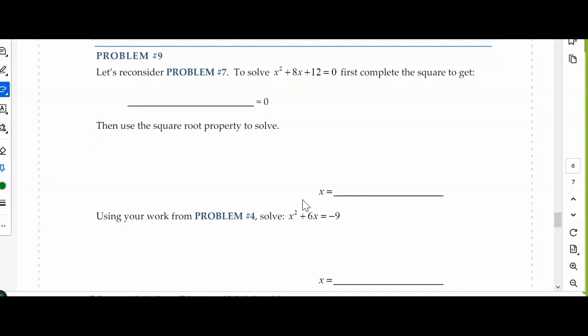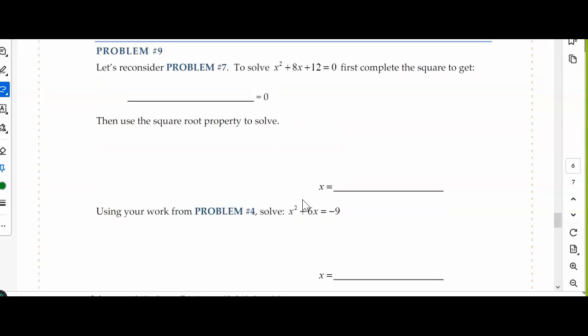Okay, so looking at these, this is talking about one of the ones that's up above, problem 7. So I'm going to show you algebraically how to do this here. But again, watch that other video that I give you, and it will make more sense geometrically what's happening here. Okay, so first thing we need to do is subtract the 12 over